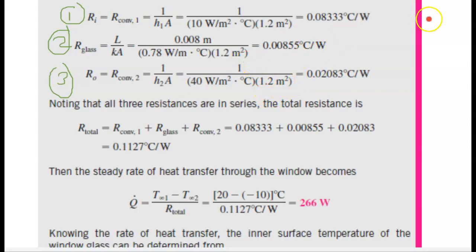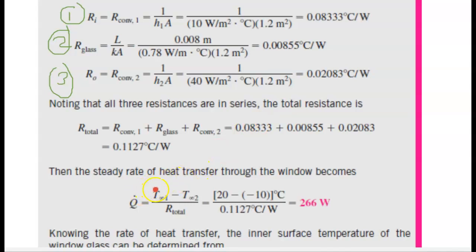The first value here is our first value. The second value is for the glass, the conduction, and then another convection we got here. Because they are in series, we need to add all these resistances and we will get the total resistance. The first resistance is because of convection, the second is because of the conduction, the third is because of the convection again. When you add 0.08 plus 0.008 plus 0.02, you will get an answer. Make sure you write that to at least 4 or 5 decimal places, because a tiny value of the R will have a major effect on